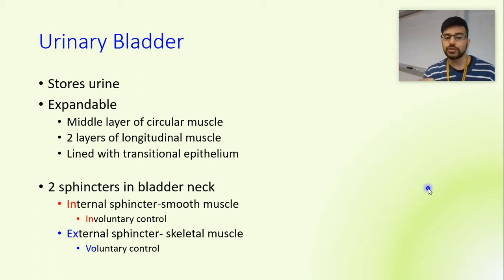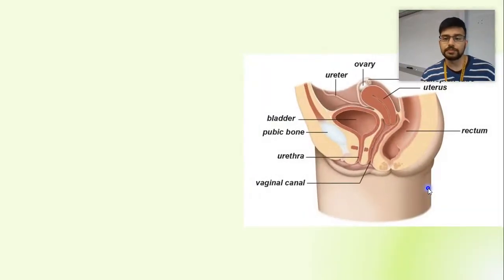You also have an external skeletal muscle sphincter, which you have control over. So if you ever stopped yourself from peeing, don't do that. Or if you're holding in your pee, that is your external sphincter. If you hold this closed for too long, though, your brain thinks there's something wrong and will retake control. It'll reopen this up. But this is the one that you do have control over. Remember, internal is involuntary control, no control. External is voluntary control, exvo, for you have control over that.